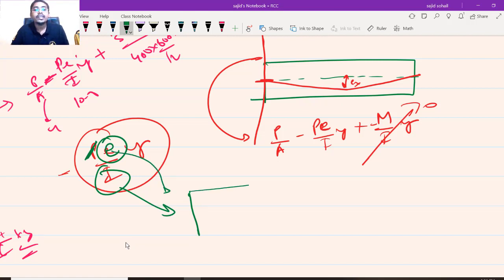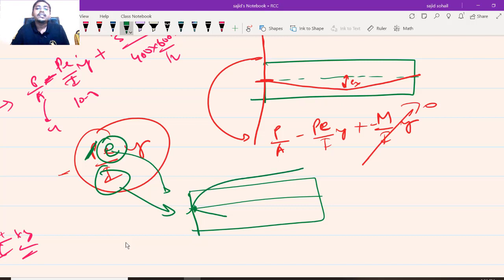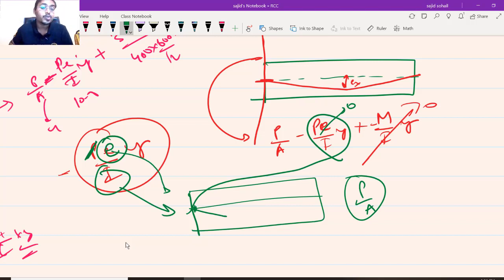Here what I have done is I have changed the eccentricity. At the support, my eccentricity is very close to zero. Therefore, this term will become negligible. Let us say at the support eccentricity is 0. Then this value will be 0, and it will not have any tension developed at the supports also. There won't be any cracking at the supports also. I hope it is very clear. At the top of the support, you will not have any cracking or tension failure if you give varying eccentricity. Concept is clear?